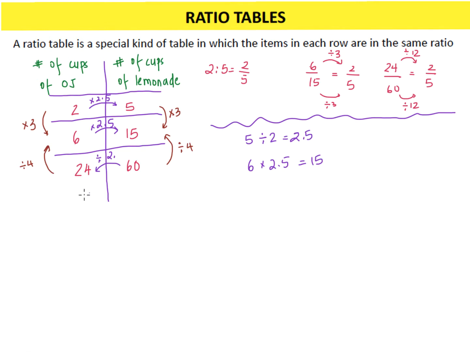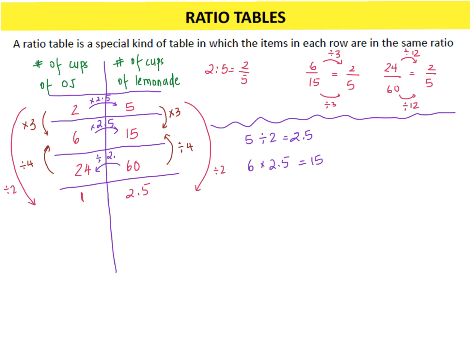It's kind of similar to what we said about going from one column to another. You have to multiply by 2.5. So what if I found the unit rates? What if I put in 1 here? So if I have 1 cup of orange juice, I need 2.5 cups of lemonade. And I can do that because half of 2 is 1. So kind of using this, half of 2 is 1, and whatever I do on one side, I have to do it on the other side.